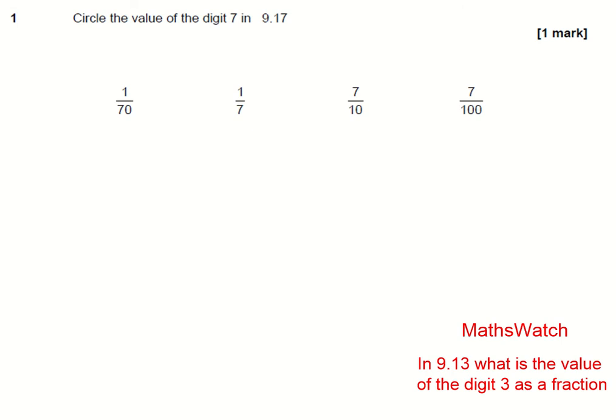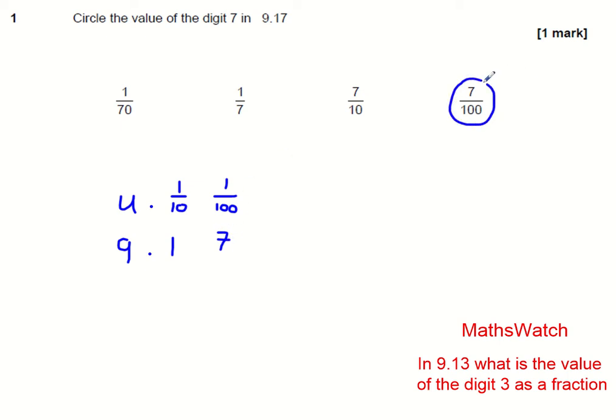Question 1. Circle the value of the digit 7 in 9.17. This is the place value question. So the 9 is what we would call a units value. We would have a decimal point. Now the first decimal place is known as tenths, which would be a fraction of 1 over 10. The second decimal place is hundredths, which would be 1 over 100. Since that 7 is in the hundredths column, that means it is worth 7 hundredths, so that is the correct